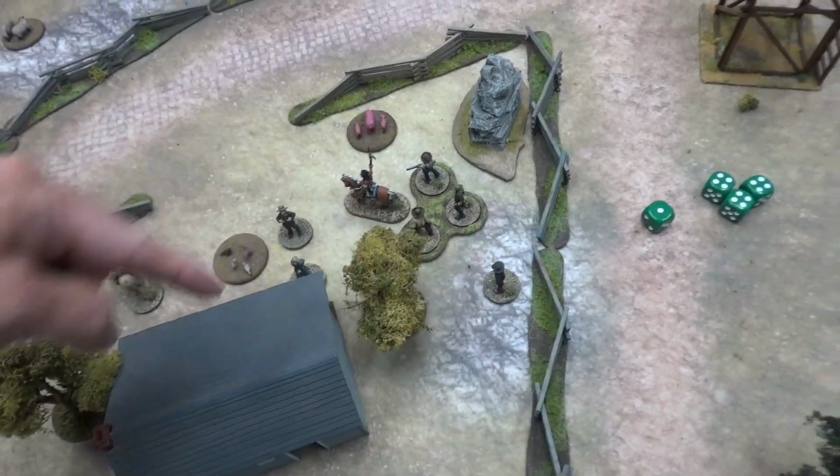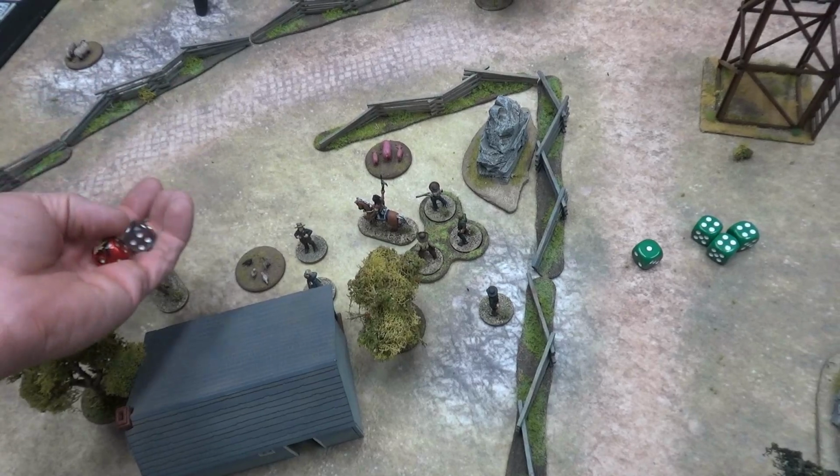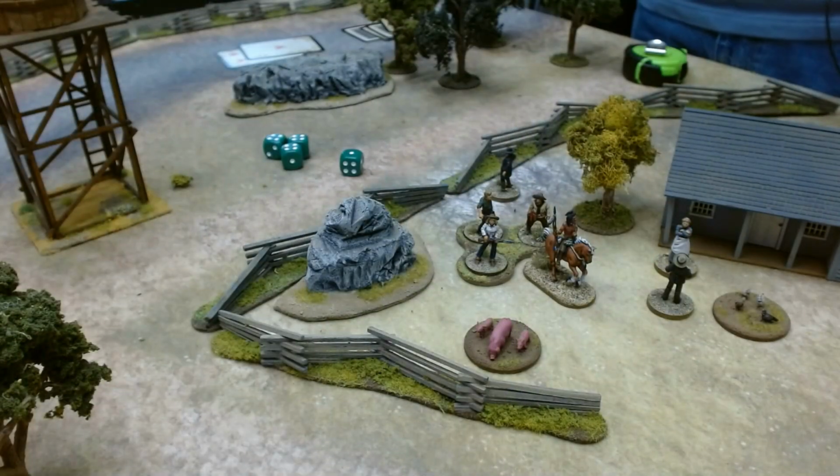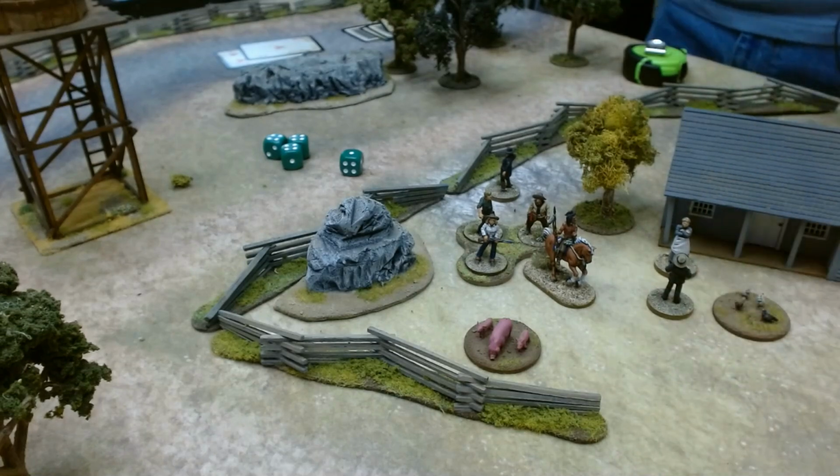Okay, we forgot to roll for the civilians here when these 2 guys shot. So we'll roll for this one here for the first shot. A 3. What's 3 on the civilian table there, Andre? And then the other one is a 5. A 3 and a 5 on the...